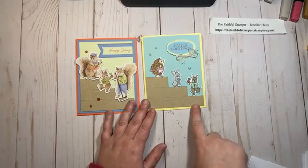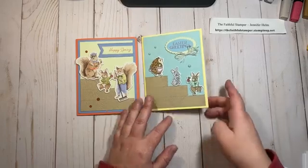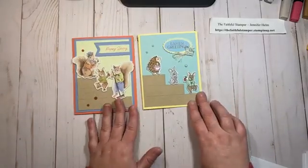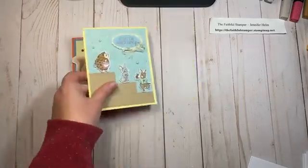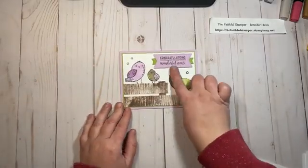Here you can get a better look at those staggered kind of stairs. Our happy little friends here, Easter greetings, and again, our little friend on the inside. So you have alternatives for this card set. And it's great for any occasion because here is a baby card. I did snag a